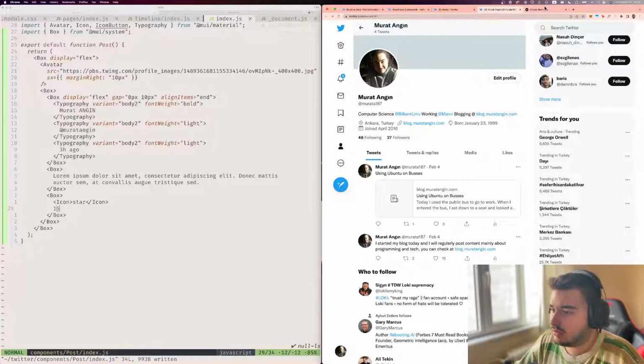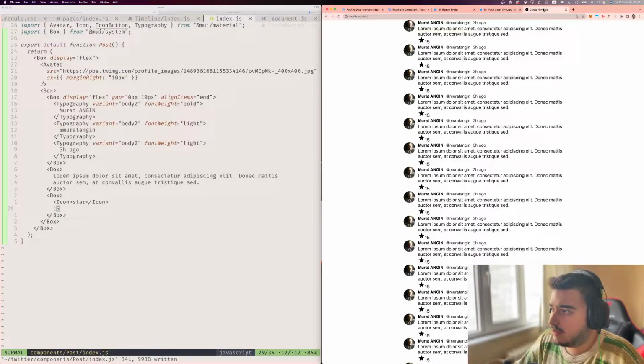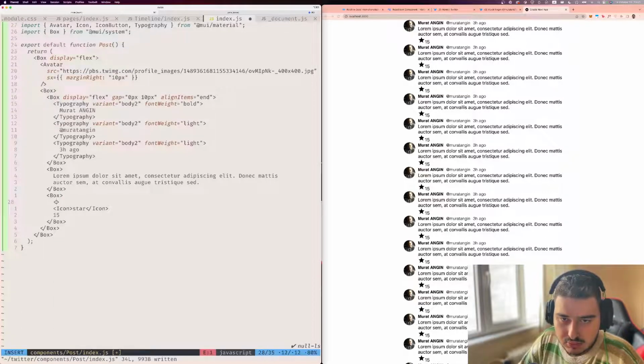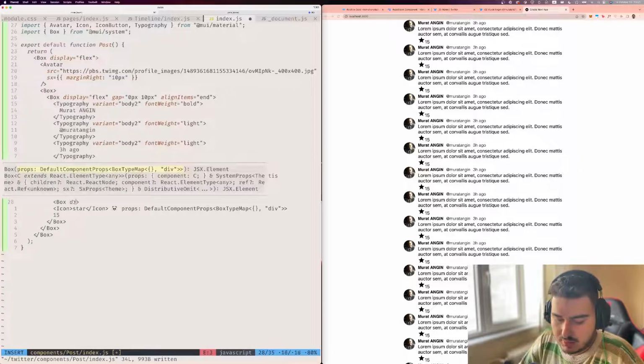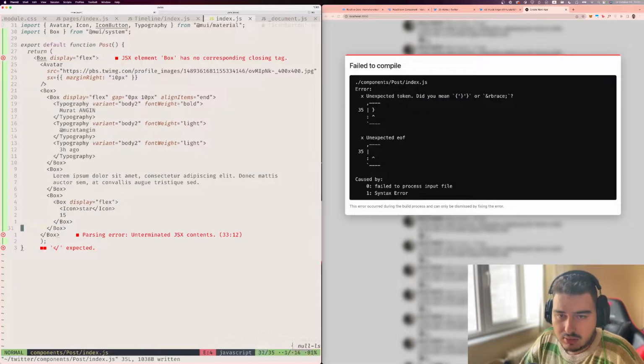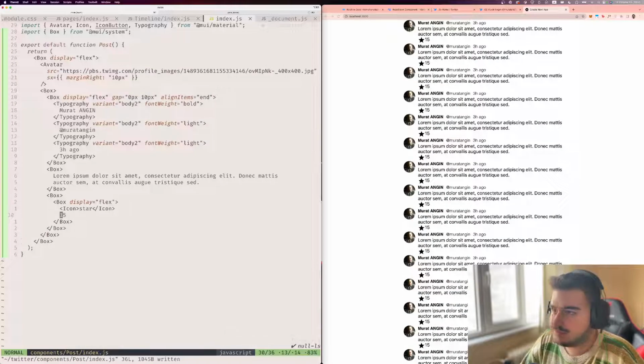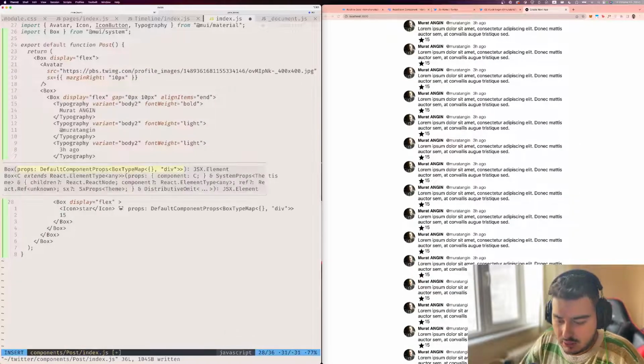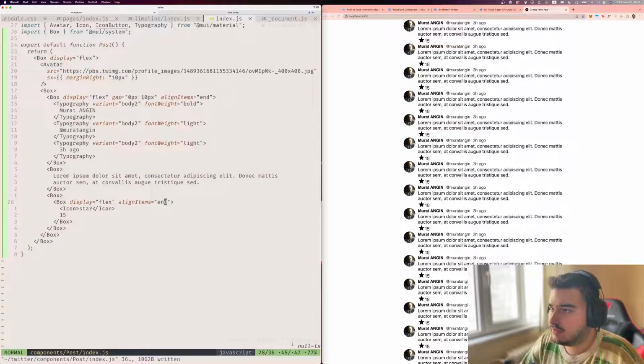Yeah, it will be like that, but of course we need some design issues. Let's add another box with display flex, and of course add yeah. Okay, and align items and here too, or center will be better,